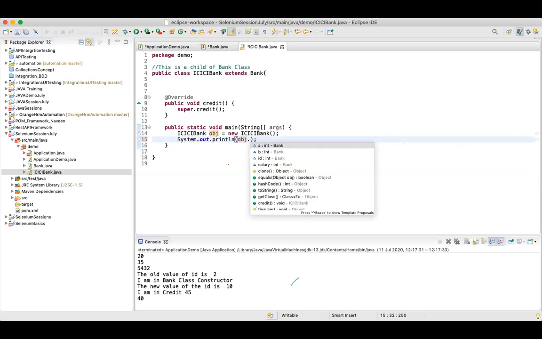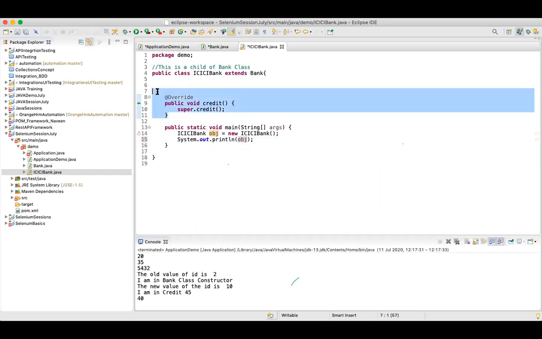These variables I do not have in my ICICI Bank, but still it is showing me. And why is it showing me?